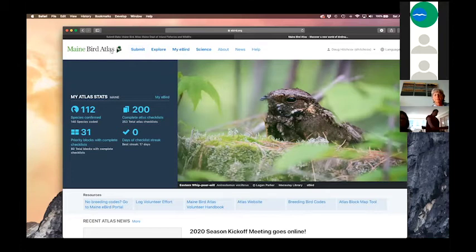So Maine Bird Atlas, you can always check which portal you're in the top left corner. There is, as you can see on this page, no breeding codes. Go to the Maine eBird portal. Because sometimes you'll find yourself in eBird and it's almost like you're stuck in a portal. So we've created this link. If you click on it,